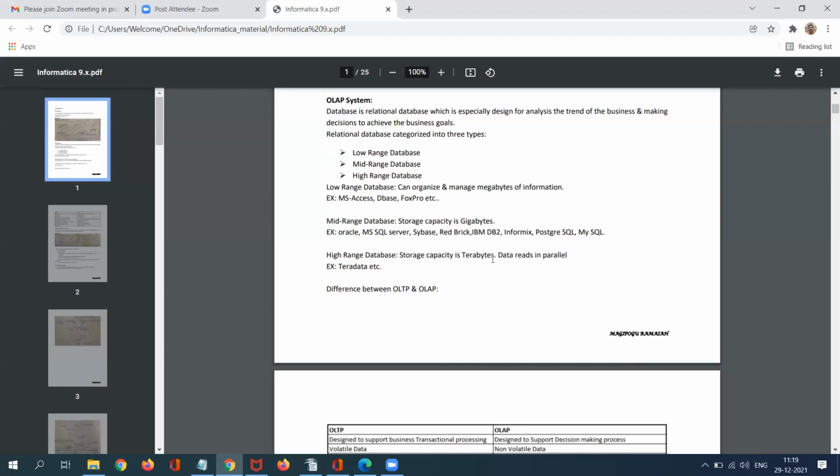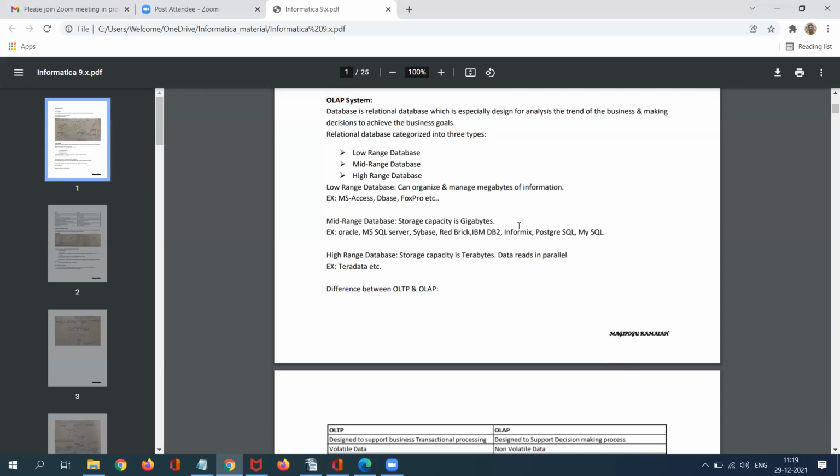Accordingly, business people will choose the database to capture all historical data into one particular system, and they will analyze their businesses on a daily basis, where we are standing and how to improve our business.